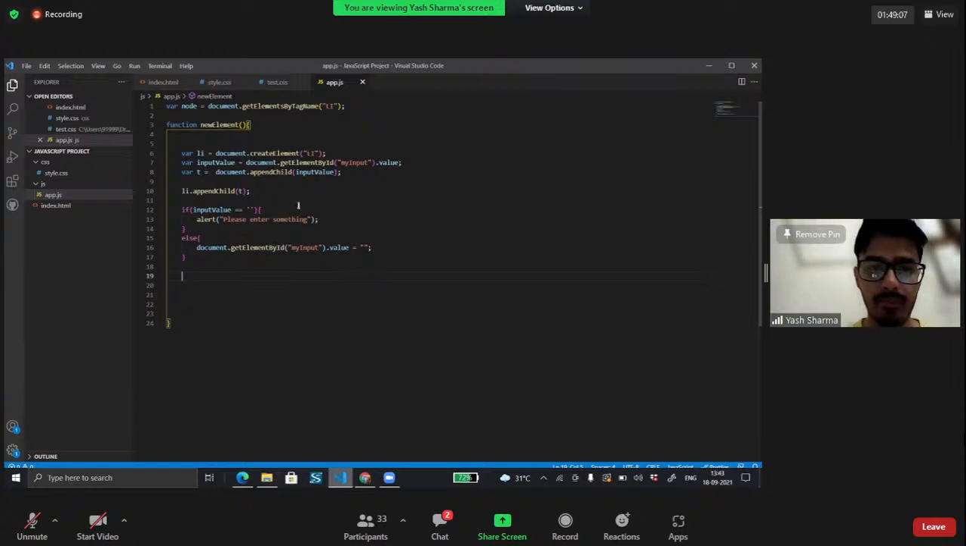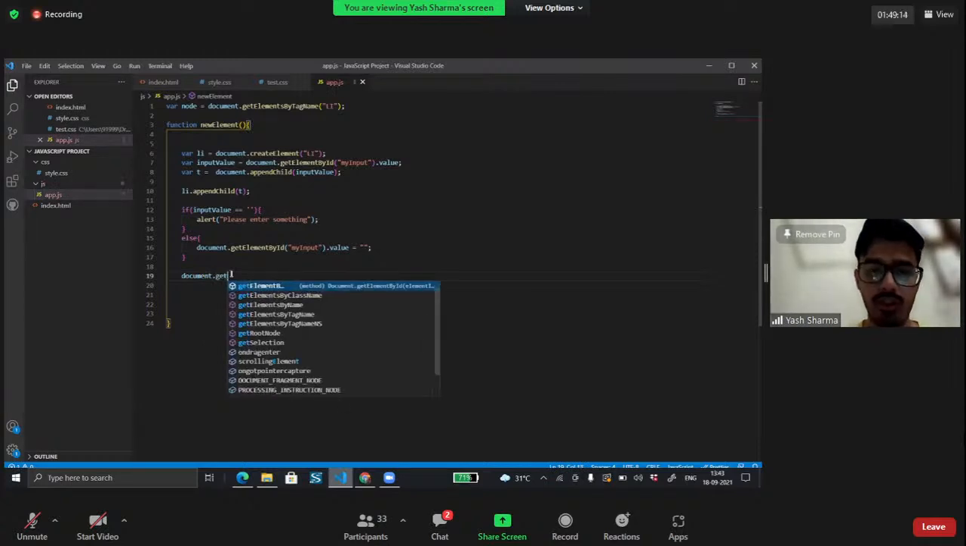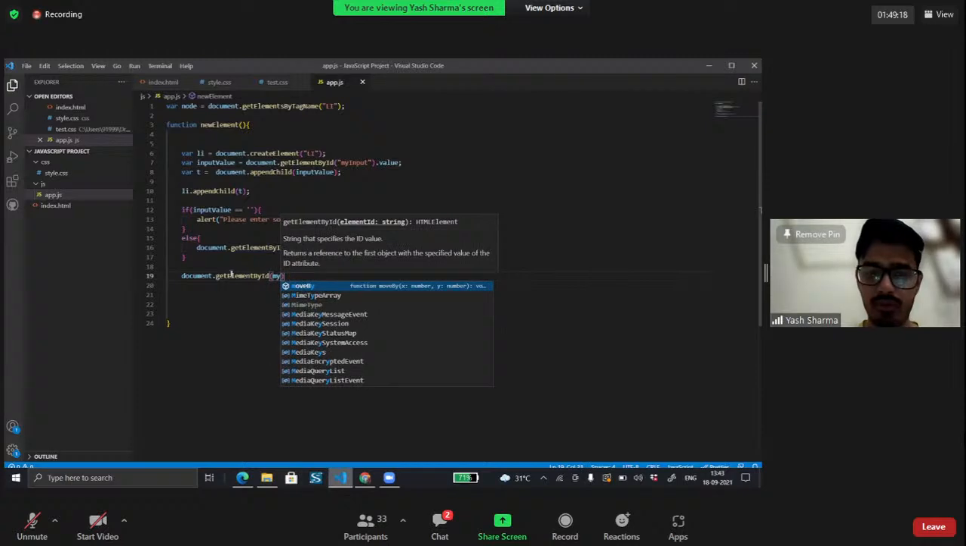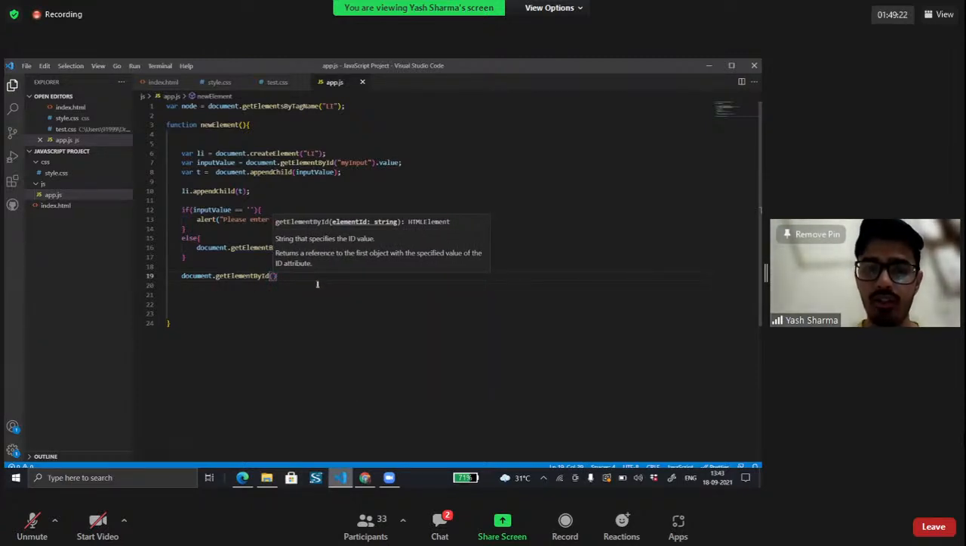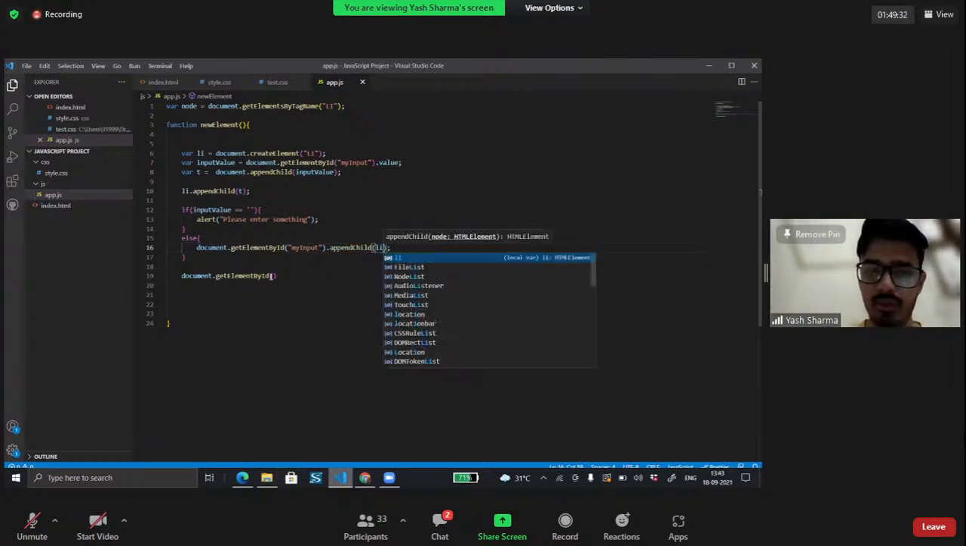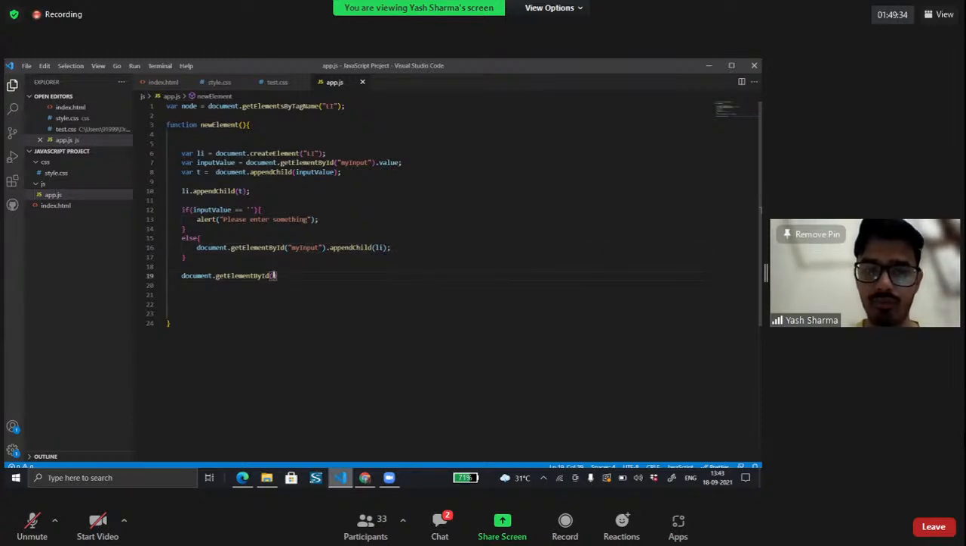Our else is done, append child is done, input value is done. Okay, so we will do document.getElementById my input. Please add something. My input.value is done. Append child, append child, li, and here I'll remove it. My input